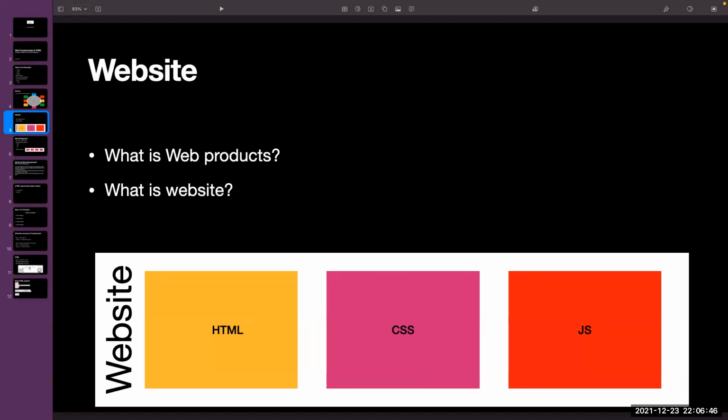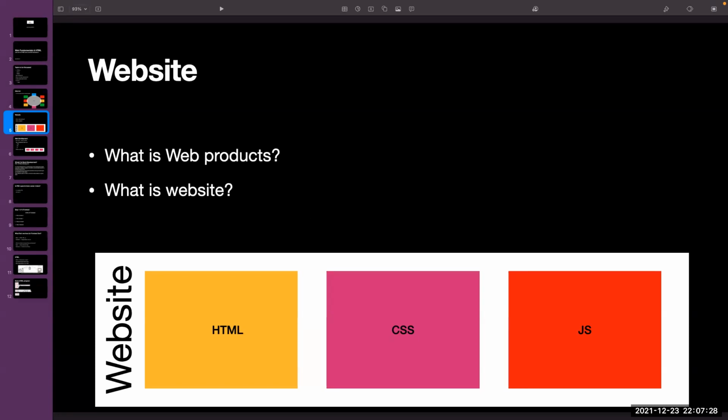So let's talk about web products. A web product is nothing but a website, developed with any code that you write, which is in and around the internet, and which will solve some problem. Like if you want to message somebody, you create an application, that is a web product, which talks over the internet. If you want to do a video call with your girlfriend or boyfriend, you create an application to do a video call, which happens through the internet. That is a web product. Anything happening on the web through which you are able to achieve something, or at least pass your time with it, is called a web product.